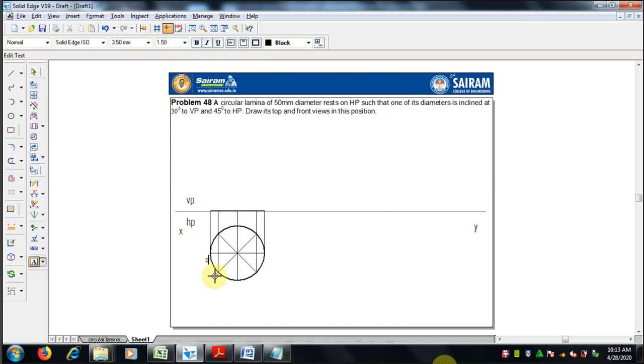Select proper scaling for the visibility, and A, B, C, D, E, and so on up to H. We are doing okay. This is the top view. So just move it for the visibility.